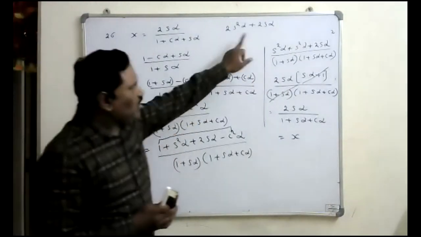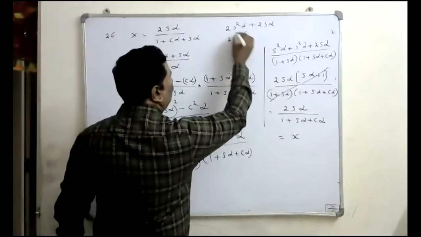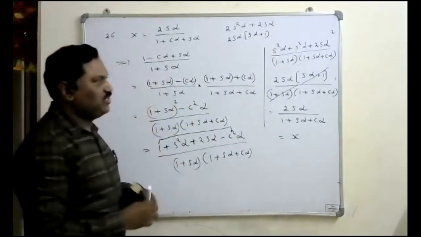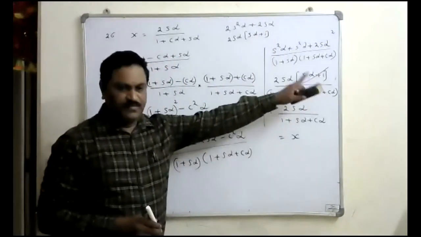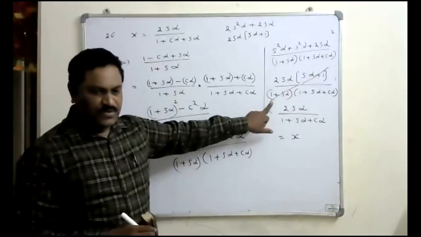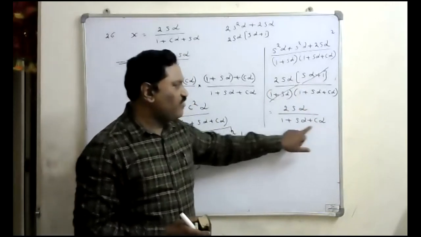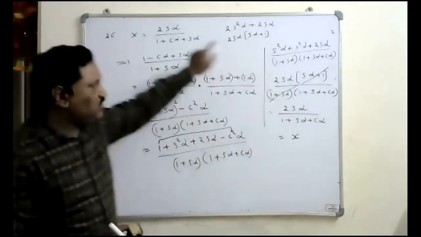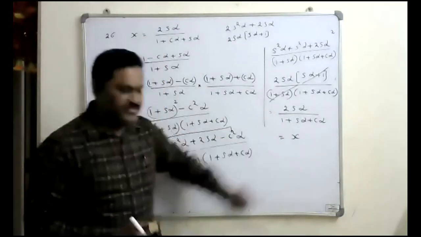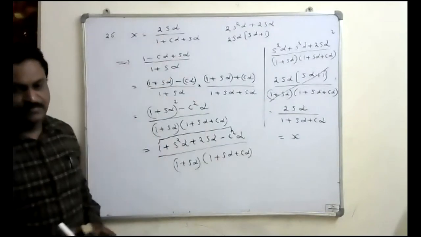So from these two terms, I can take 2 sin alpha common. 2 sin alpha common निकालो तो बाकी sin alpha plus 1 मिलेगा. So that is only there in the numerator. The denominator as it is लिखो. Then sin alpha plus 1 cancels here. Remaining 2 sin alpha upon 1 plus sin alpha plus cos alpha, we got it. So this is the expression that is already given here, that is equal to x. That's why this value is equal to x. Means if this is x, then this expression is also x. That's the answer.